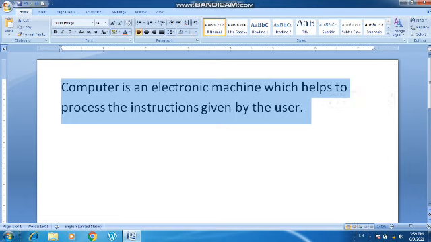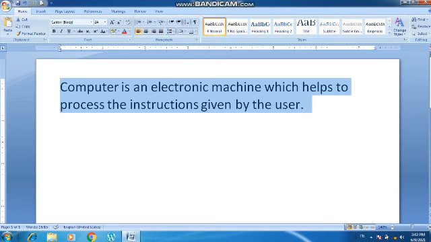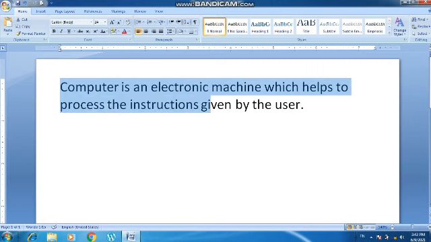select the text which is written in your document. How you will select it? Take your cursor to the starting of the line and then simply drag it to the end, or there are 2-3 options of selecting. You can just simply press Ctrl A. It will also select. And if you want to select it with the help of keys, you can take the cursor to the starting of the top line, and press Shift and the right arrow. So keep pressing right arrow till the time you want this selection to be made.